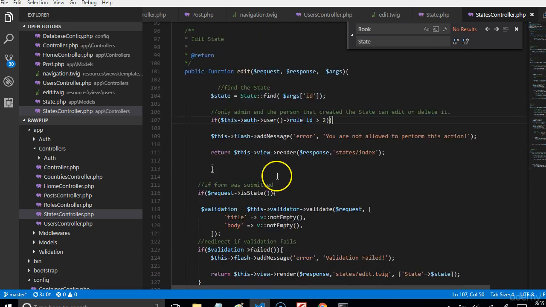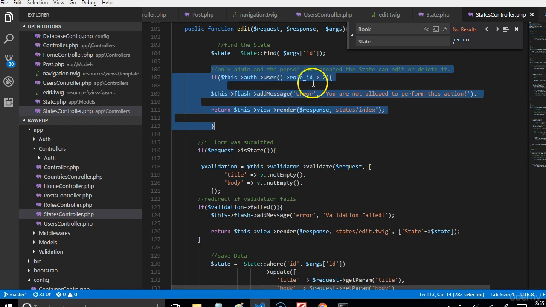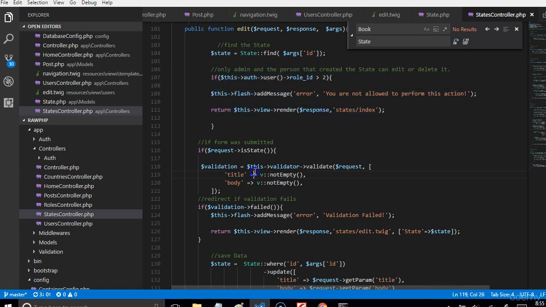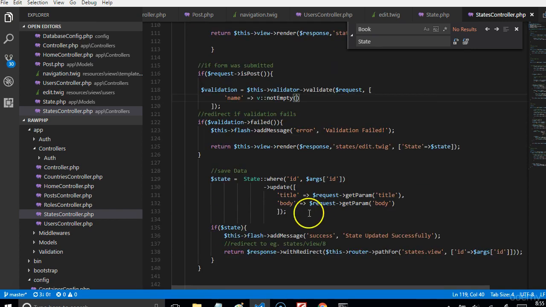Next thing is the edit function. We're making sure first of all that this person is an admin. If you're not an admin, you get redirected away. Then it has to be a post request. For you to edit, it has to be a post request, and of course this is what the person has to enter, only a name field, and it cannot be empty, very much like the add method we saw above. So you can be redirected away. Otherwise, right here,